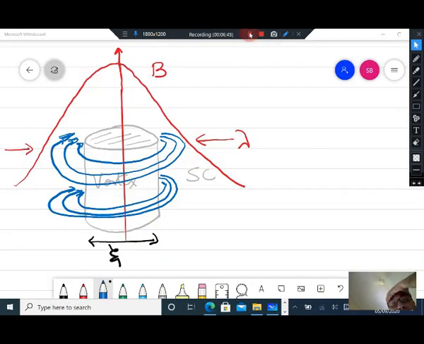The vortex is basically a cylinder which is threading through the entire superconductor. The size of the vortex core is about the coherence length xi, and the magnetic field is distributed around the vortex, extending into the superconductor up to a distance lambda. The screening currents J are proportional to the field, which has to be screened inside the superconductor, so the screening currents are also distributed up to a distance lambda.